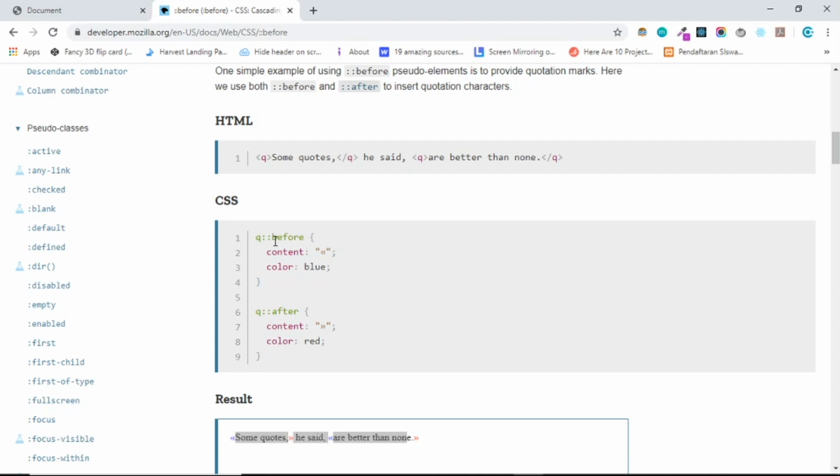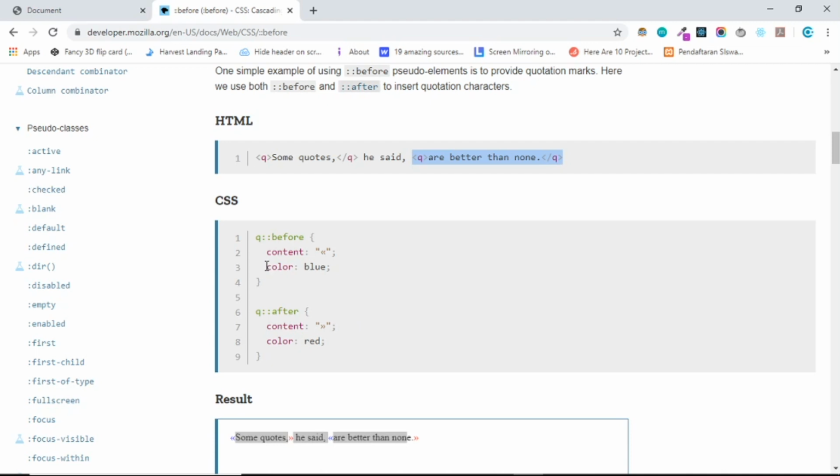The meaning of before is you add content before the q tag. Before the q tag we are going to create content, which is this quotation mark,